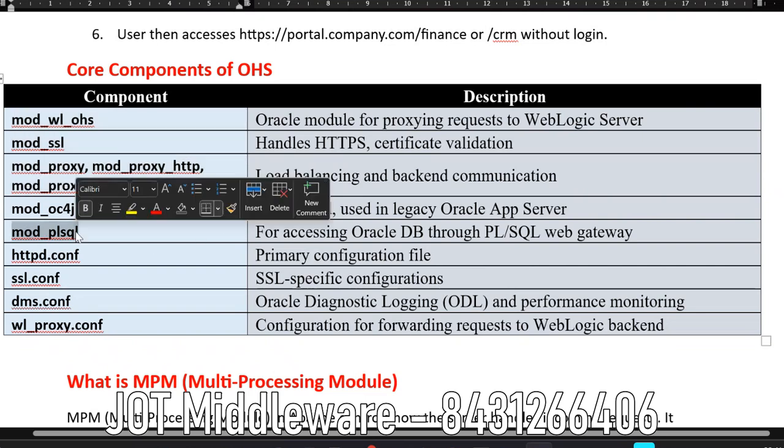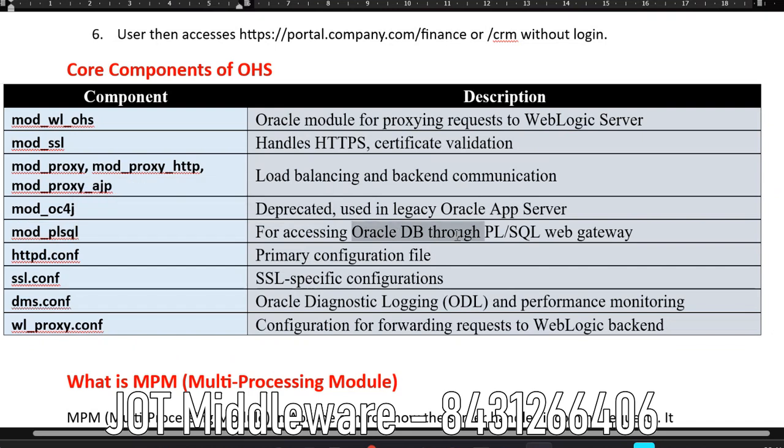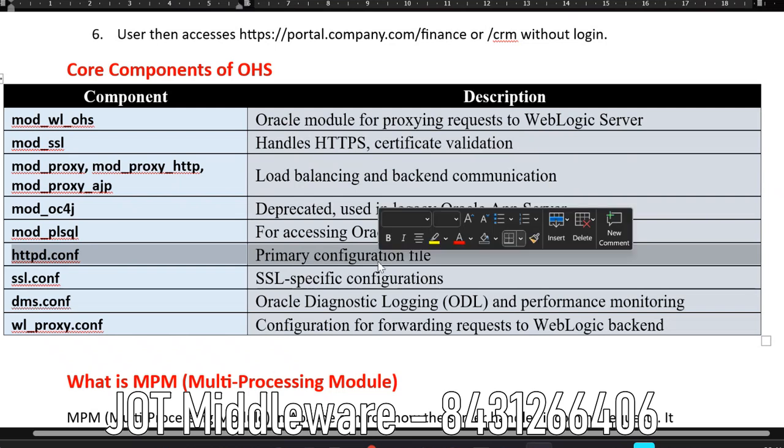And mod PLSQL for accessing Oracle DB through PLSQL web gateways and configuration files like HTTPD. This is a primary configuration file. The web server looks for when you start the engine, Apache engine. So the first configuration file it loads is